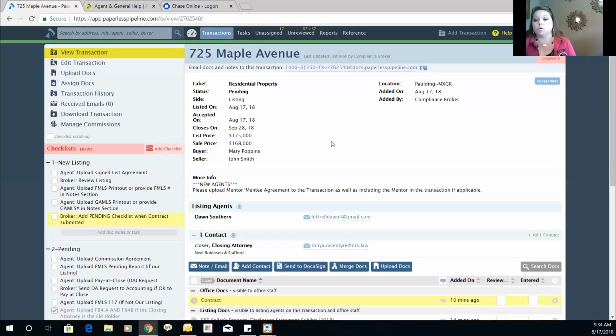Okay, so what gets a late fine with Maximus One? Listing agreements, contracts, and closing disclosures. If you upload those later than 72 hours, we say 72 hours. If I'm in a really good mood, I might give you a week. But if you upload them after that, you're getting a late fine, because it's very important that we have those